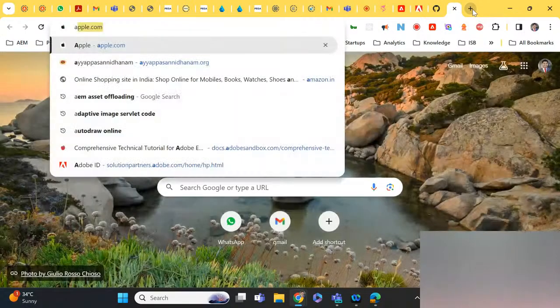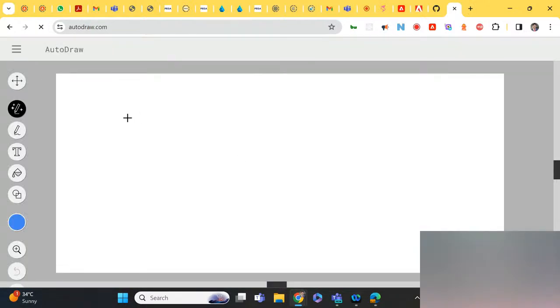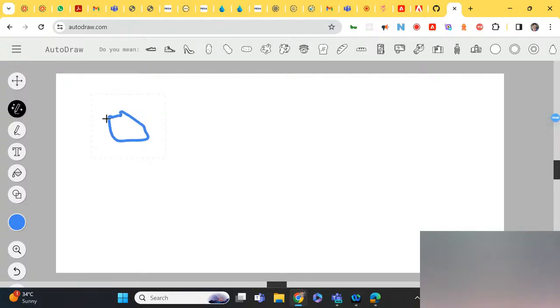I'll show the diagram. Let's take shapes.